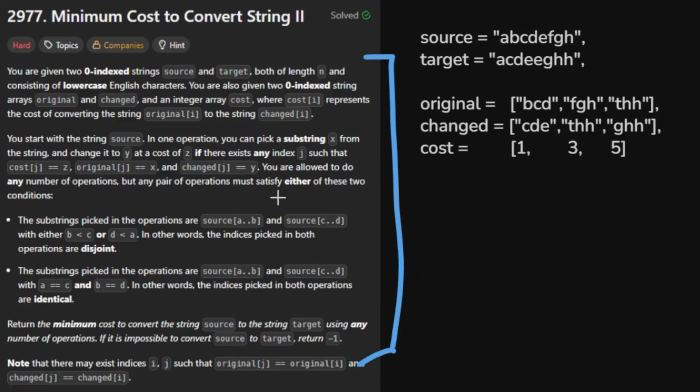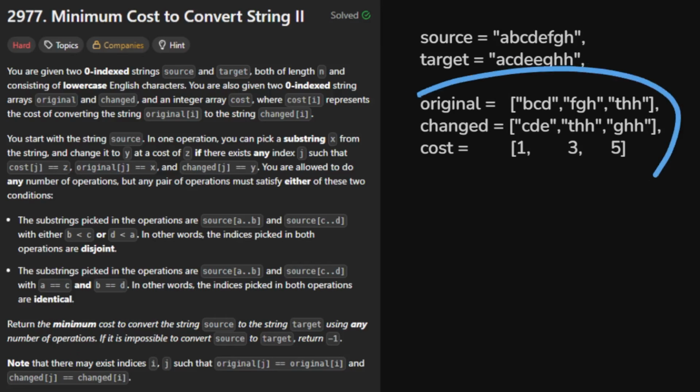You can read this if you want, but basically we are given a source and we need to return the minimum cost to transform this into the given target. For this we have these three variables: original, change, and cost. The main difference with part 1 is that here we can have strings instead of characters, and this makes things